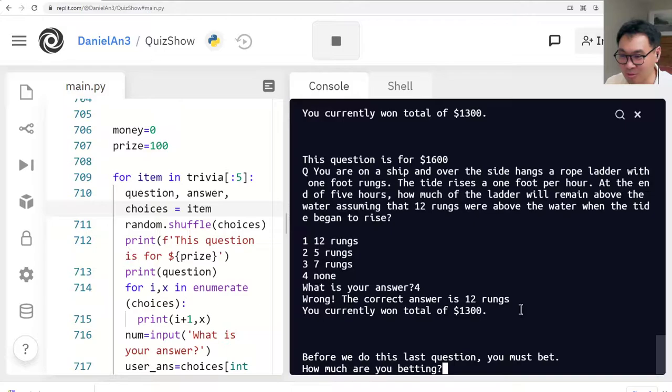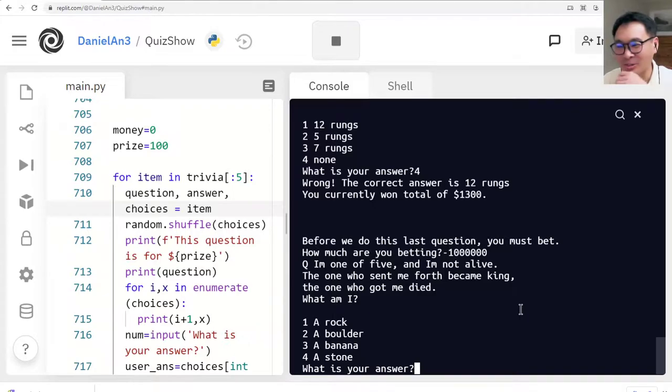Okay, before we do this last question, you must bet. How much are you betting? Let me show you something interesting here. Since I have 1300, the maximum I can bet is 1300, right? However, here's a way to hack. So let's say you're playing this game with your friends. You want to put -$1 million as your bet. Why? Well, that's because